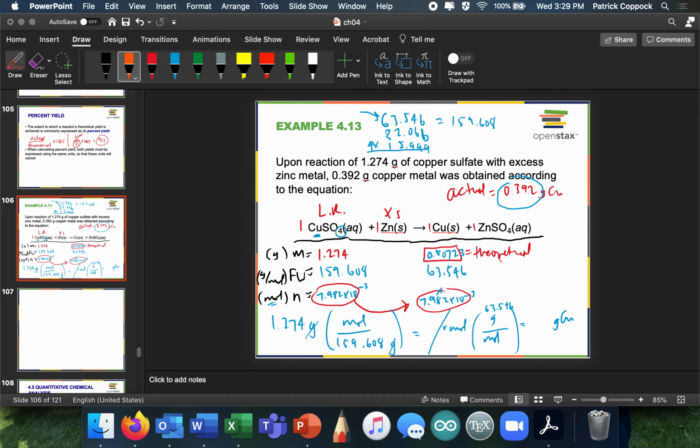So my percent yield then is 0.392 divided by 0.50723, and this has 3 sig figs, okay? So I'm only going to report my answer in 3 sig figs. This one has 5, right? It was actually limited to 4, right? I had 4 here, so this could only have 4, but I put all those digits out there. And this times 100% equals, doing it on my calculator right now,